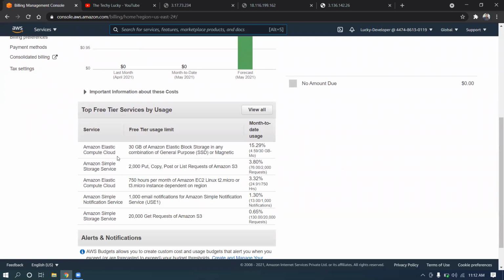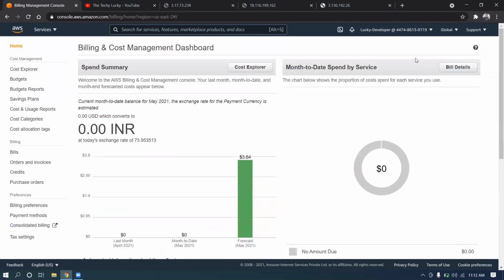So I'm being charged for Elastic Compute Cloud, as the EC2 instance is up and running, and I'm also using Elastic Block Storage, EBS. Whenever EBS is not in use, it is going to be chargeable for you. That you need to know. Some services are free, but under certain conditions, like Elastic Load Balancers (ELB) and Elastic Block Storage (EBS), they are chargeable whenever not in use. An Elastic IP is also chargeable whenever it is not in use. Such things you need to keep in mind.